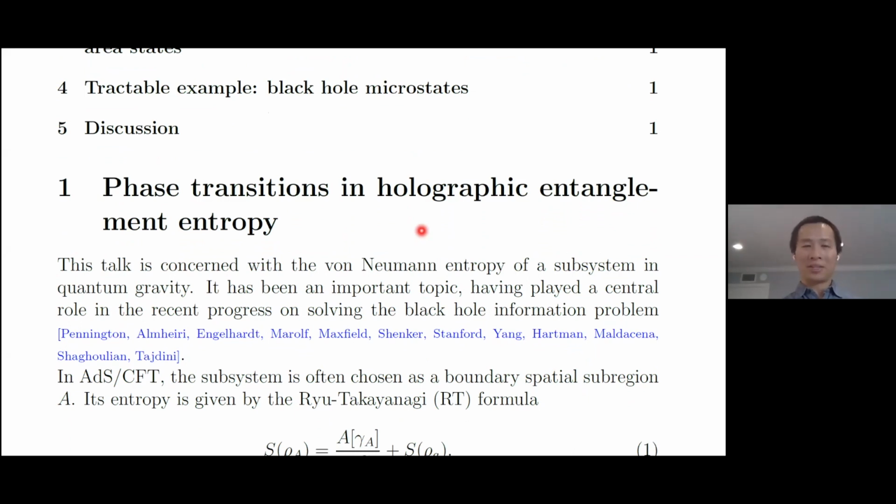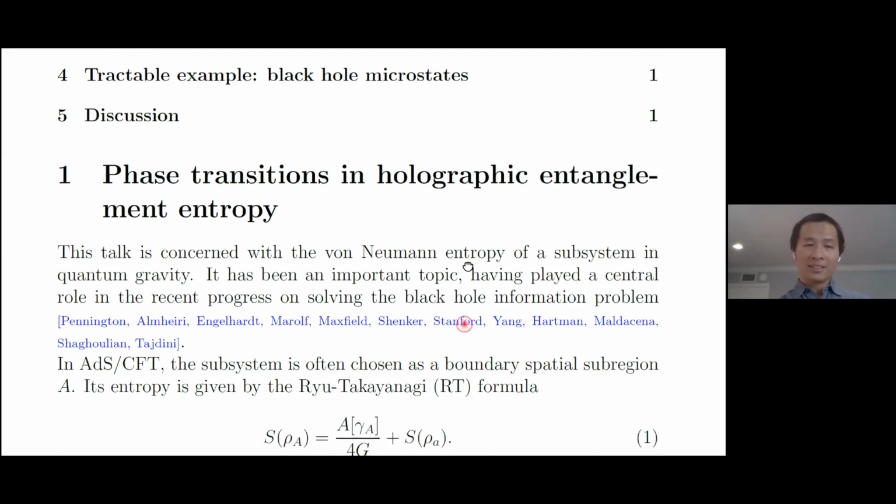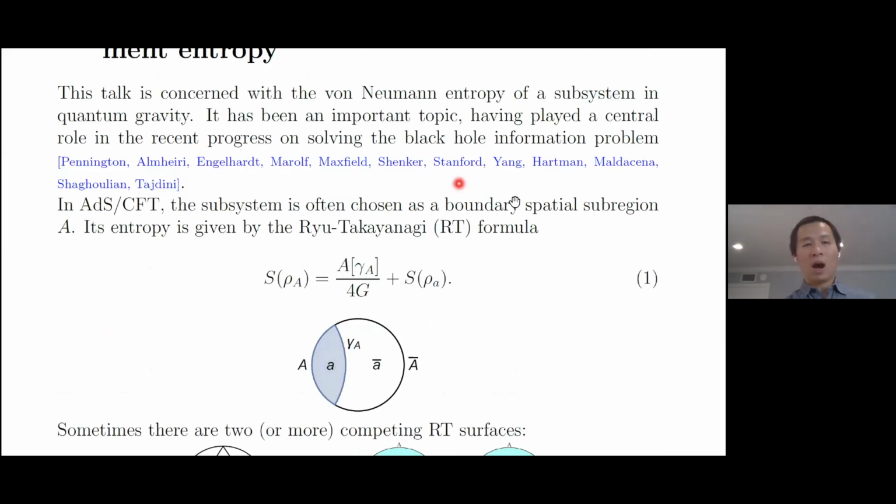For me, they're all the same, and I will call it the von Neumann entropy of a subsystem. And it has been a very important topic recently, especially having played a central role in understanding the black hole information problem. So in AdS/CFT, we often choose the subsystem to be a boundary subregion, A,